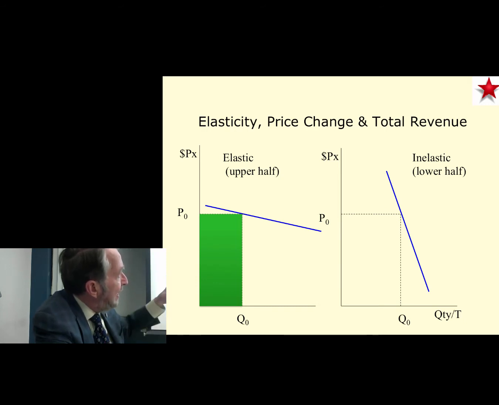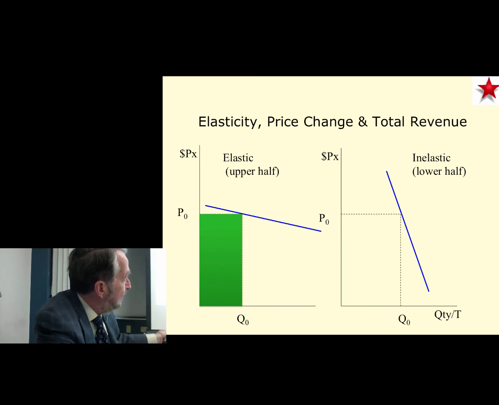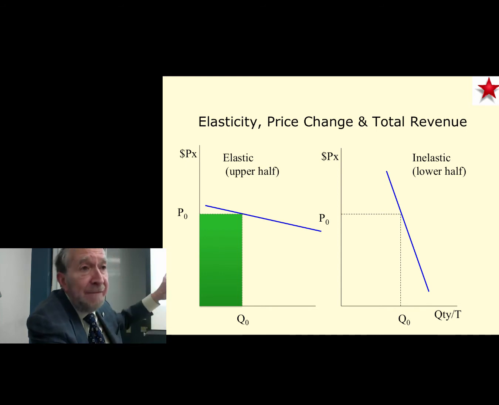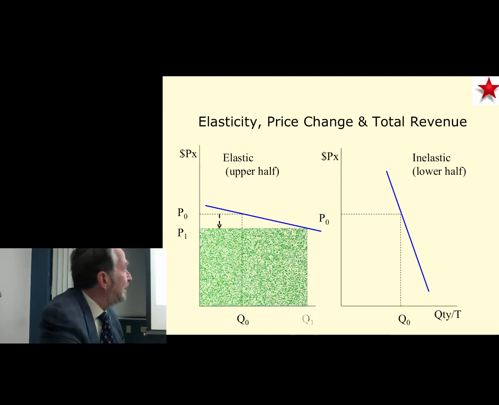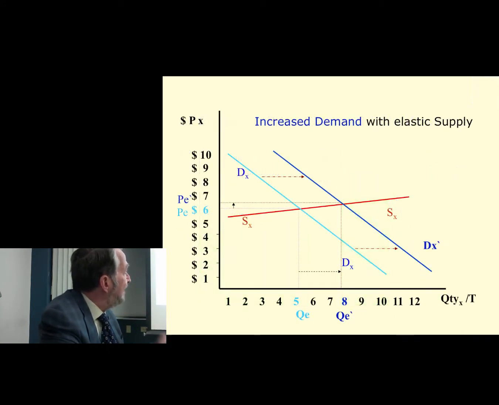If you look at B, or the one on the right, and extend that curve to where it meets the axes, all the way up here, then you're clearly on the lower half of the curve. And so that's the inelastic range. So in solving problems graphically, if you draw a curve that's flatter than 45, it's elastic. If you draw a curve that's steeper than 45, it's inelastic. And you'll get the right result when you look at the price change. Lowering the price,